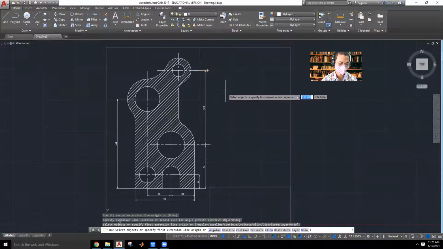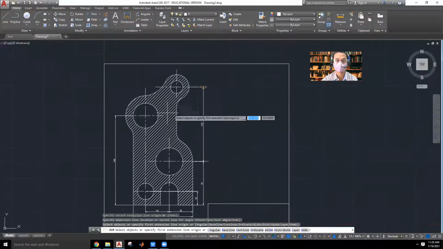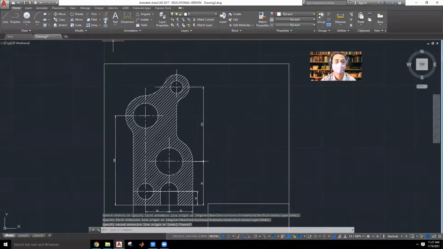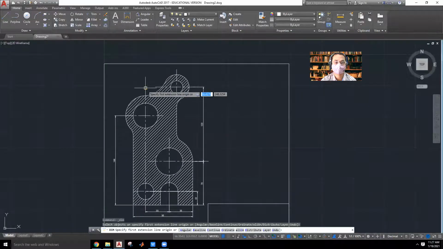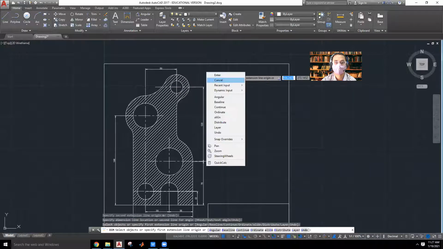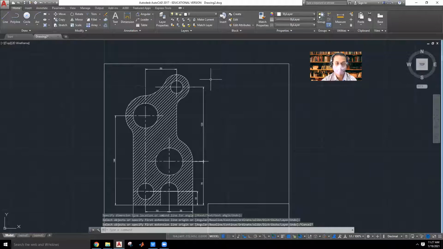So mostly horizontal dimensions are completed. If not, this point to this point. I'll be clicking somewhere but it's not getting, so I'll be using another method. Cancel. I'll click on dimension and select a point somewhere so that both the dimensions will be 50. So mostly all the dimensions are complete.